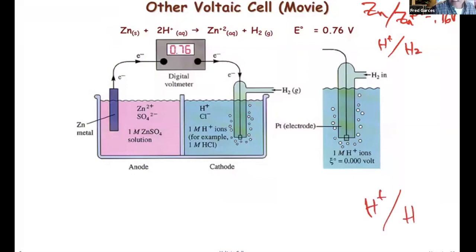Hydrogen never exists as an individual element. The way we find hydrogen in nature is H2. Remember your diatomic chemicals. That's why we have two H plus here, okay? It just so happens that if you wire this voltaic cell up,